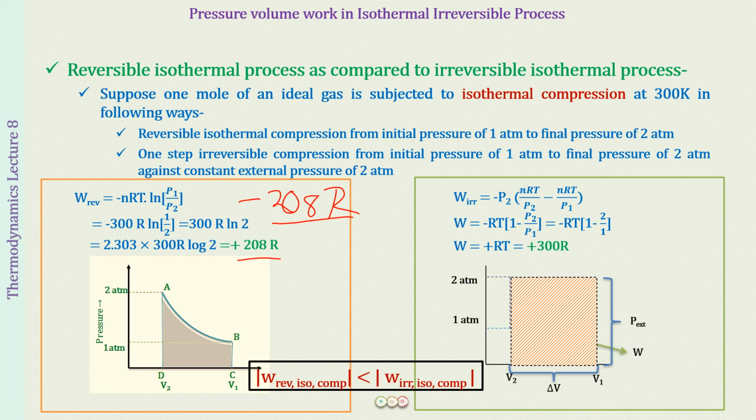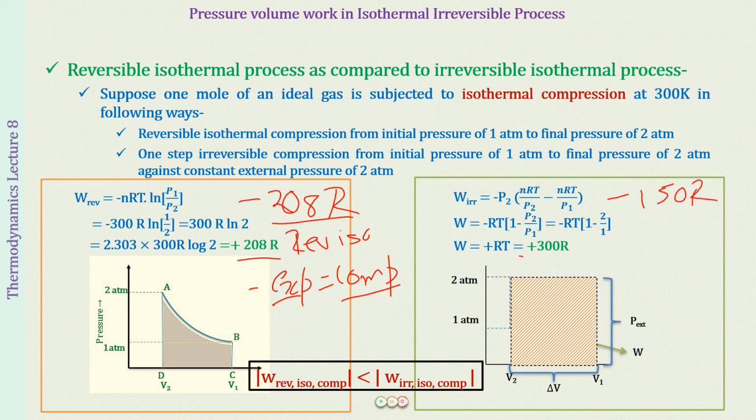Which also proves that work done in the isothermal reversible expansion is equal to compression only with the negative sign, right? So the negative sign is showing work done by the system and work done on the system. Otherwise, the value of the work done is going to be the same in case of the reversible isothermal process. Clear? On the other side, the value that you had got here was minus 150 R.